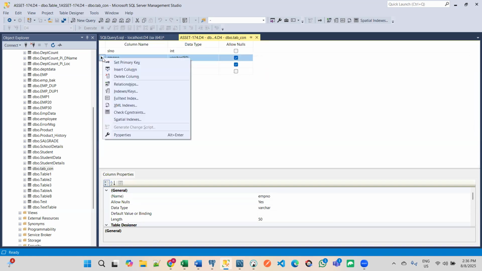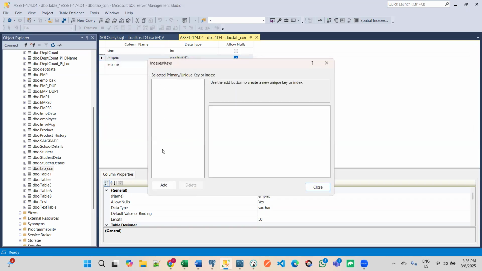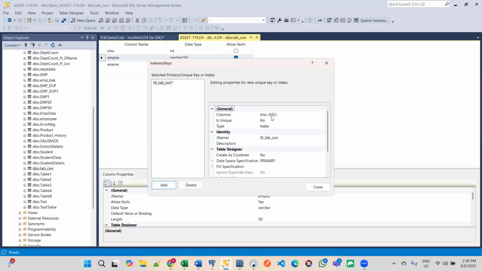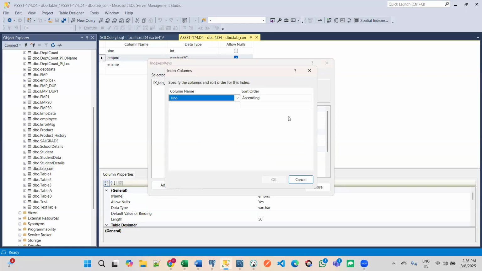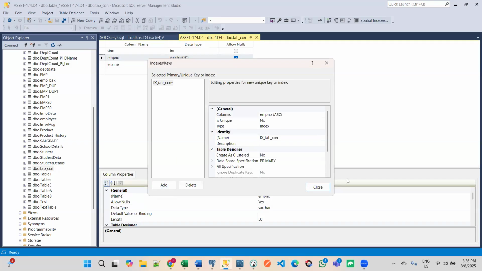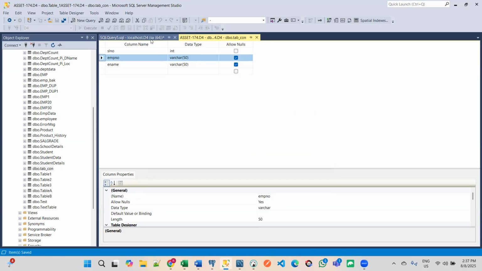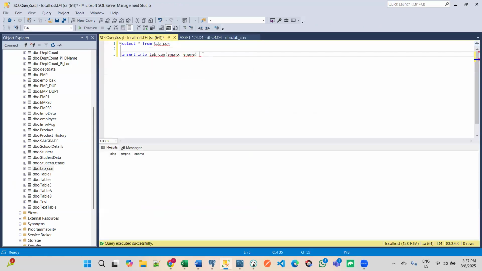For employee number I am giving a unique key constraint. Employee number is unique key. Values